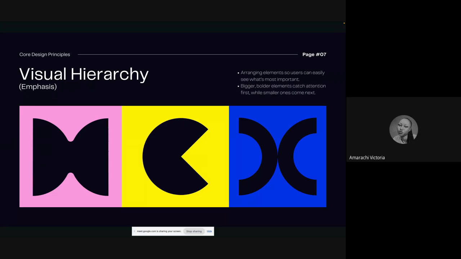Okay. So the next principle I have here is visual hierarchy. It's also called emphasis. Without the presence of visual hierarchy, the design would tend